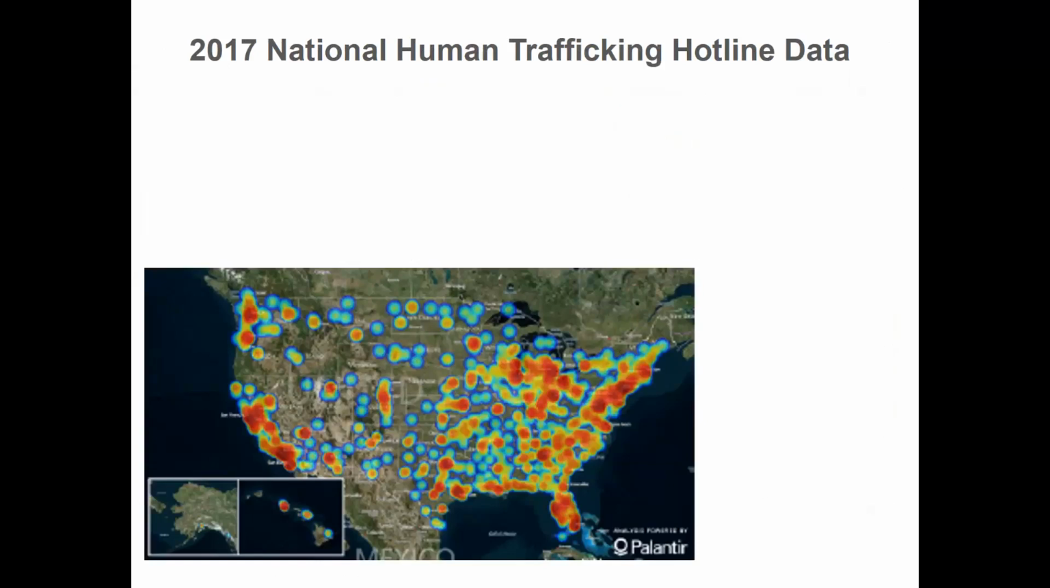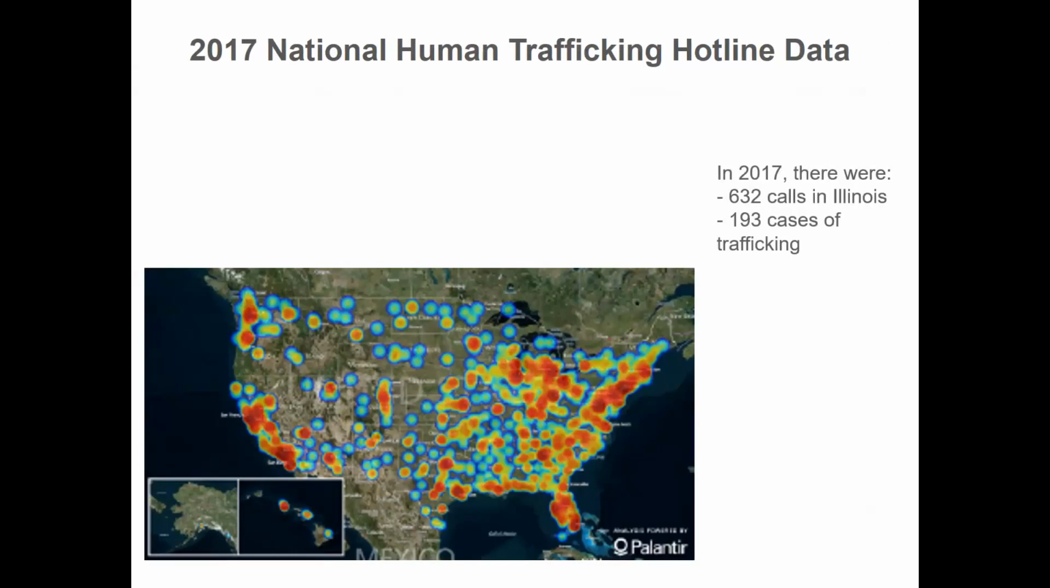This is a map from the National Human Trafficking Resource Center, showing the hotspots for calls to the Trafficking Hotline. The Trafficking Hotline was established in 2007. The darker areas show where more calls were received compared to other places throughout the country. In 2017, there were 632 calls in Illinois made to the hotline,